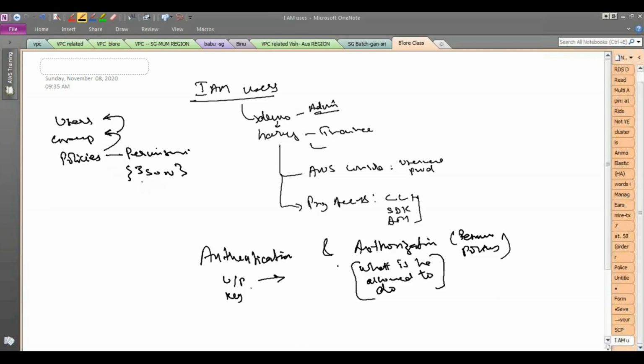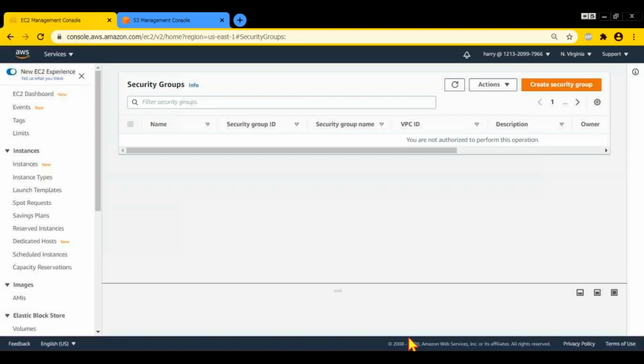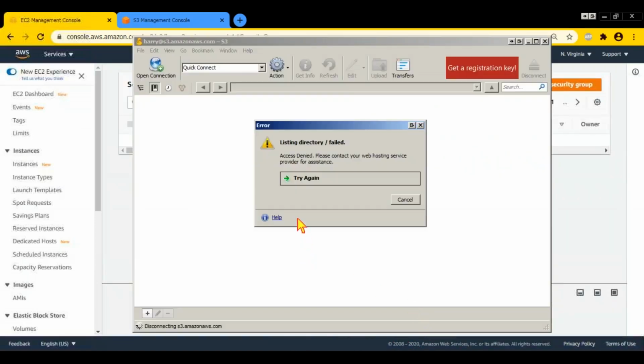right? So in this policy, suppose I'm giving S3 read only access, and I attach this to the user Harry. So he will be able to do the read-only operations on S3. So we will see how to create these policies and all that stuff. Okay. So by default, the user has no permissions, whether it is from the console or accessing programmatically,